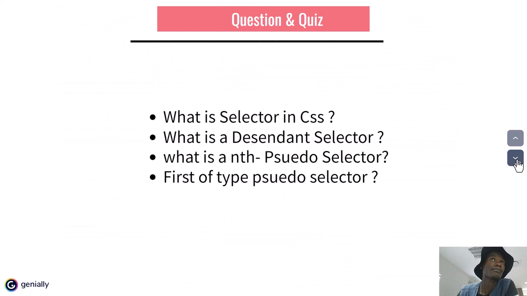Okay. Let's start with the quiz. I just want to see the level of understanding in your brains. We're not done yet. I'm just asking everyone, then we go in depth. So, is there anyone here who can tell me what is a CSS selector? A CSS selector topics based on